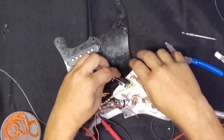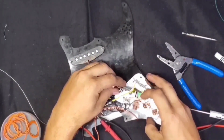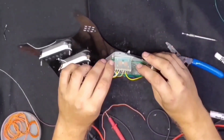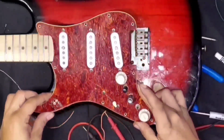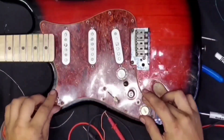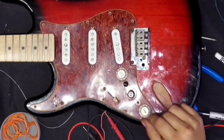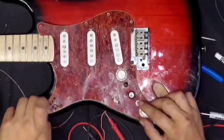I'm going to shoehorn this board underneath these wires, and it's going to fit perfectly. Look at that. I don't think that's going to have any problem fitting. Now all we got to do is get it all wired up and still fit. That part's going to be a little bit boring, so I've created a wonderful montage for you with music from